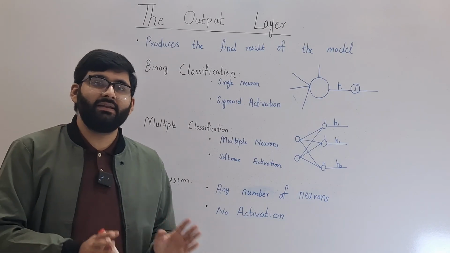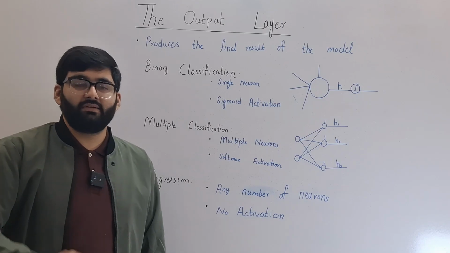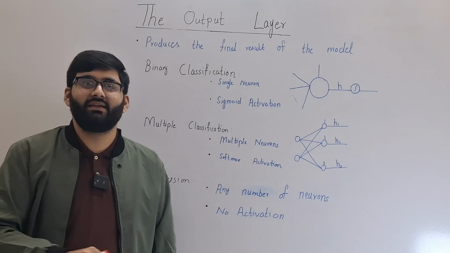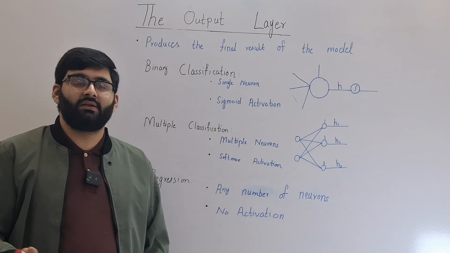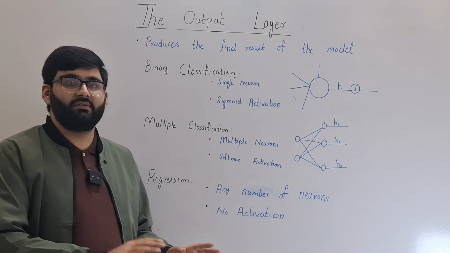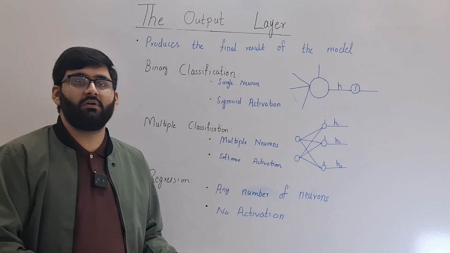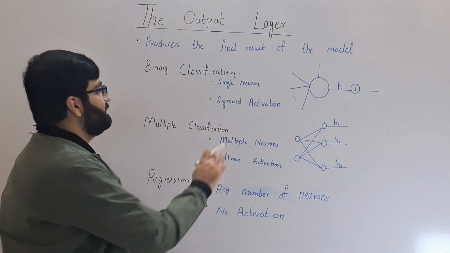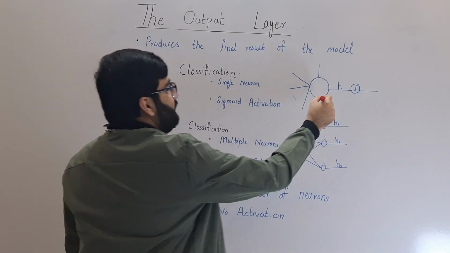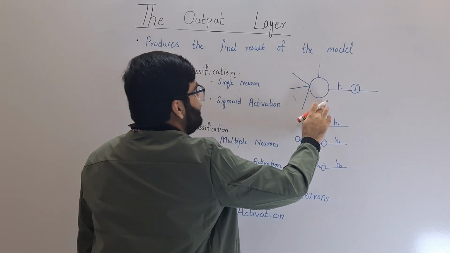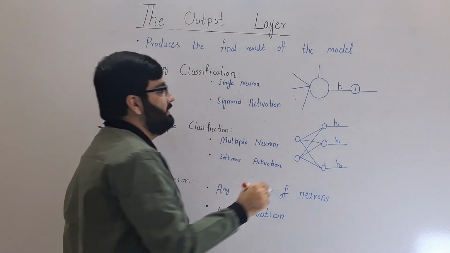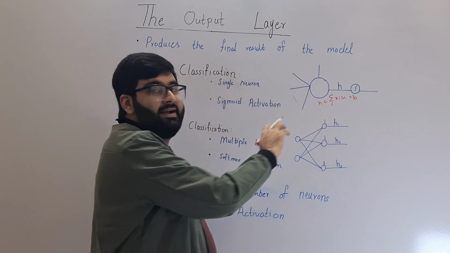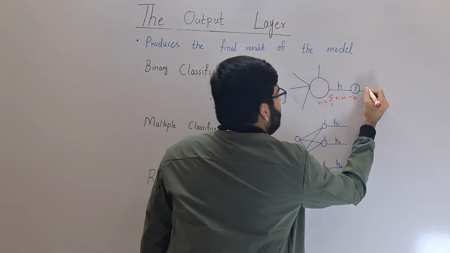The output layer in the ANN produces the final result of the model. The number of neurons in this layer depends upon the task that we are performing with our ANN. If we are performing binary classification, that is predicting one of two outcomes, that is happy or sad, good or bad, yes or no, then we use exactly one neuron in the output layer along with the sigmoid activation function. Let h be the value that is calculated by the dot product and the bias addition. We apply the sigmoid activation function to h, and the output is